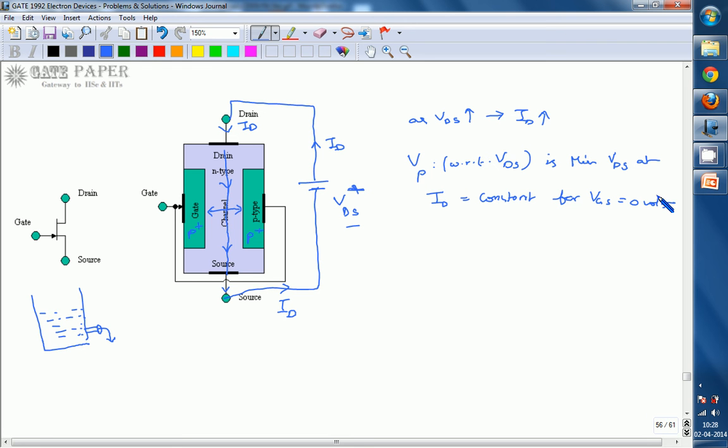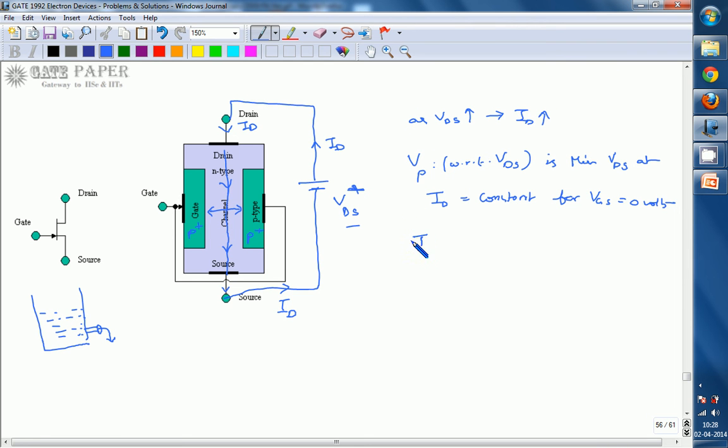So whenever you apply that maximum voltage, at that time the channel region is going to be broader, so that maximum current results. And this maximum current is going to be depending on the conductivity of the channel also. So we can say if conductivity increases, at that time the maximum current is going to be reached for small voltages. Here VDS is proportional to ID, but if the conductivity of the channel is very large, then for small VDS itself you are getting the maximum current.